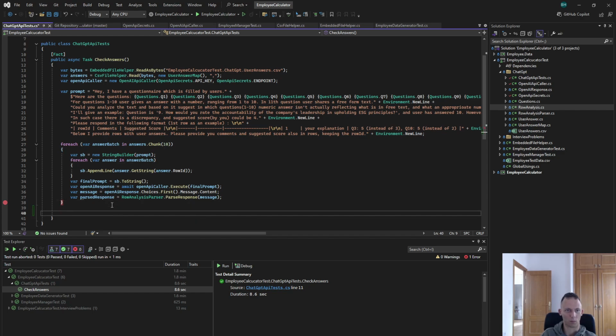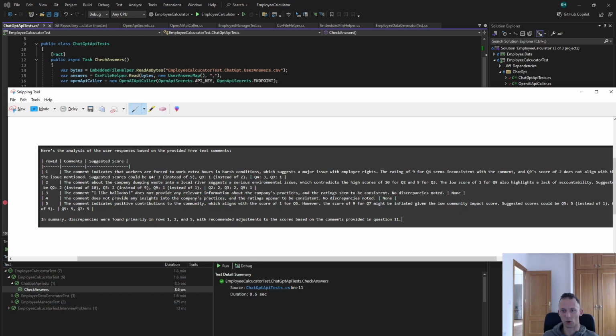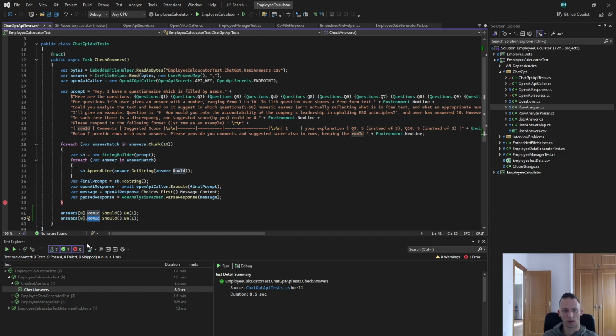Let's start by writing a quick assertion test. So we would set answers where row ID, first answer, just row ID 1, and just ensure that those are the answers that we are checking. Then the answer to, let's say, question 4, Q4,